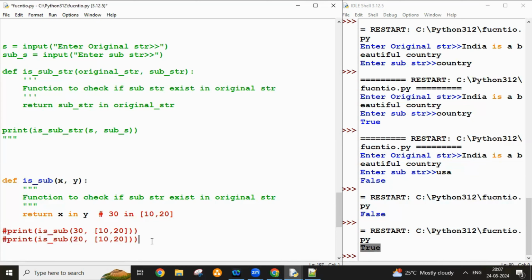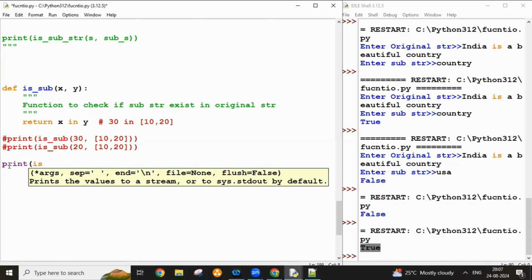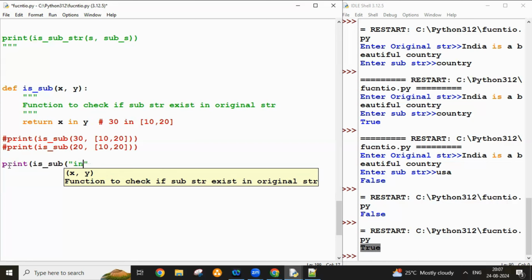Okay, so now see, this logic can be used for checking strings or checking the items inside a list, tuple, set, dictionary, whatever it is. You got it? Let's say print, is underscore sub, right here. So same thing, India, comma. If you look at this, India's a beautiful